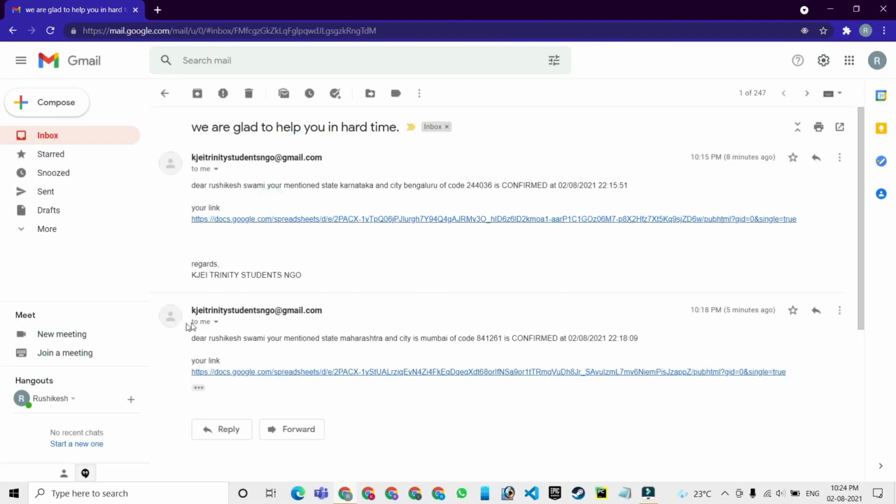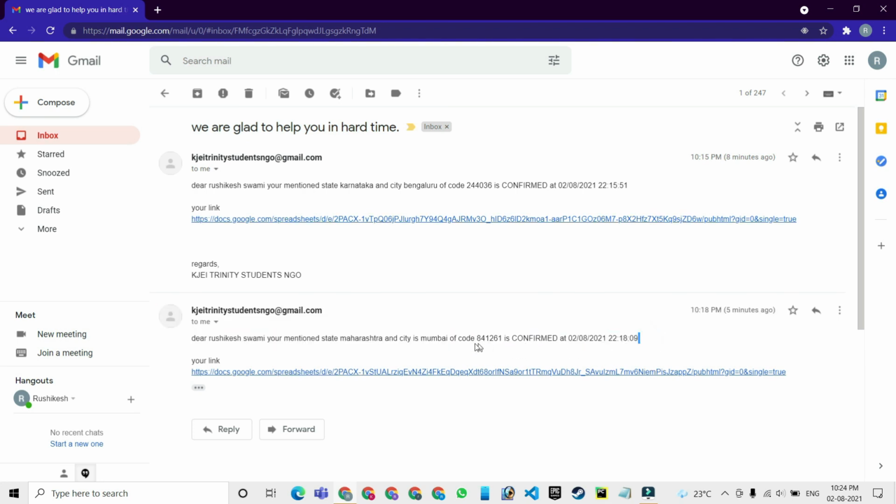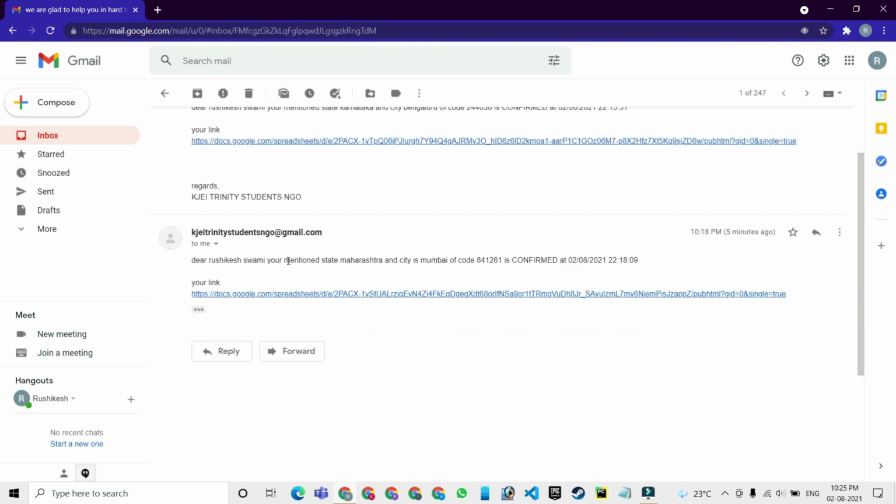After opening the email, you will see the message, Dear Rushikesh Swami, your mentioned state Maharashtra and city Mumbai of code 841261 is confirmed at 2 August 2021 at 10:18 p.m. Below the message, there is a contact link of the donor.